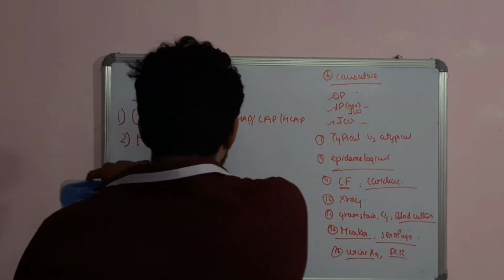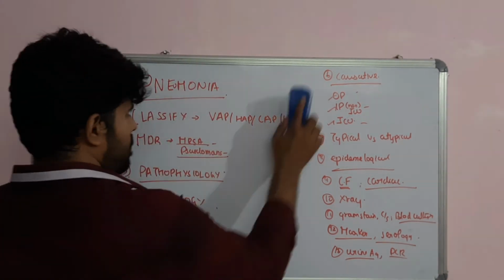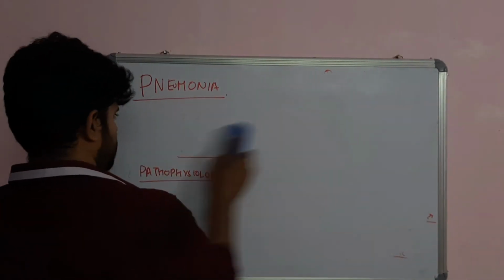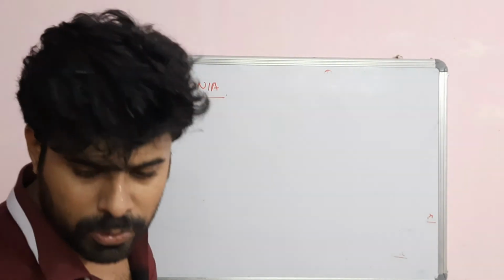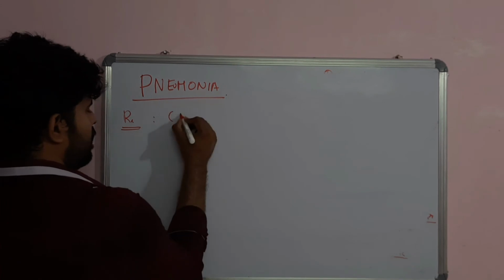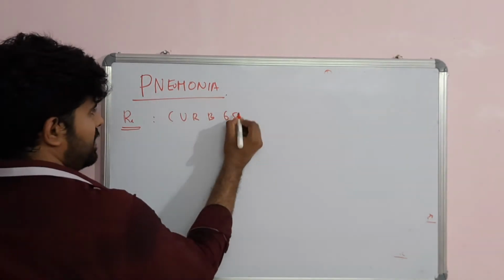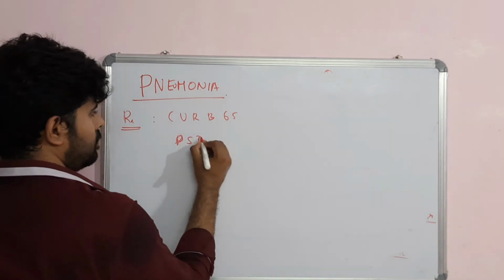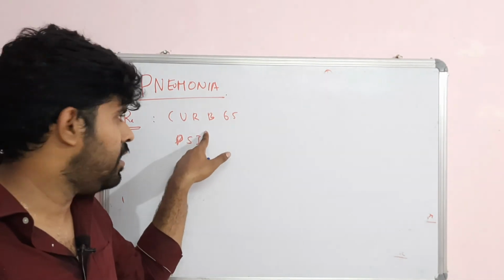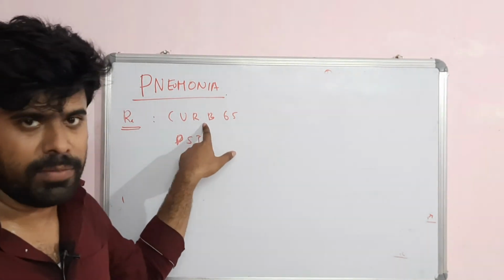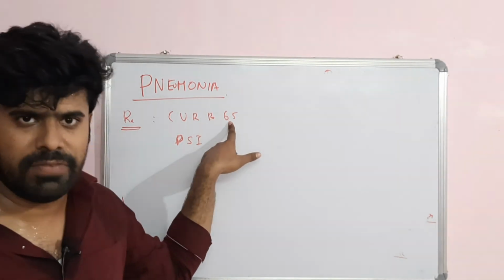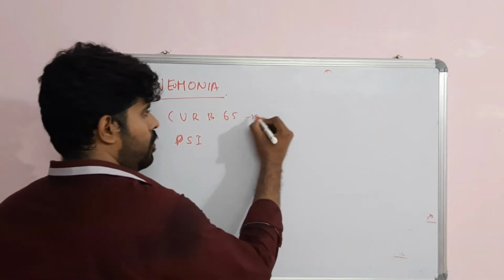Now, coming to the treatment. Before treatment, it is important to understand two scores, the CURB-65 score and the PSI score. The CURB-65 score has five components: confusion, urea more than 7 millimoles per liter, respiratory rate more than 30 per minute, blood pressure systolic less than 90 or diastolic less than 60, and 65 means more than 65 years of age. If the score is 0,